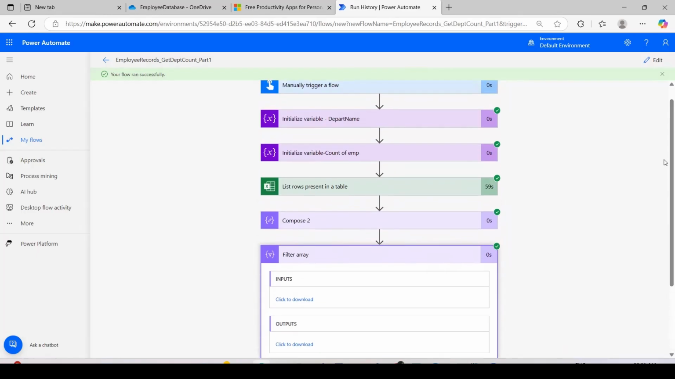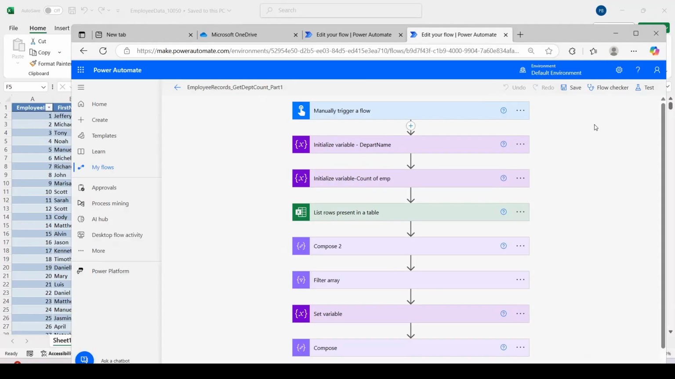So that is the reason I wanted to show you both and give you a heads up on the pros and cons of using them in your flow. Make sure you choose the one that is suitable for your automation. Okay, so we just completed